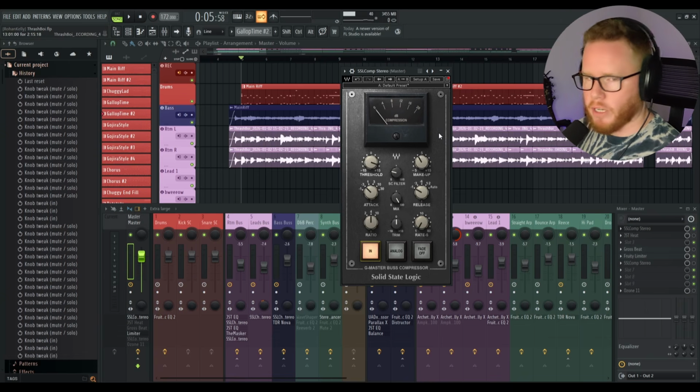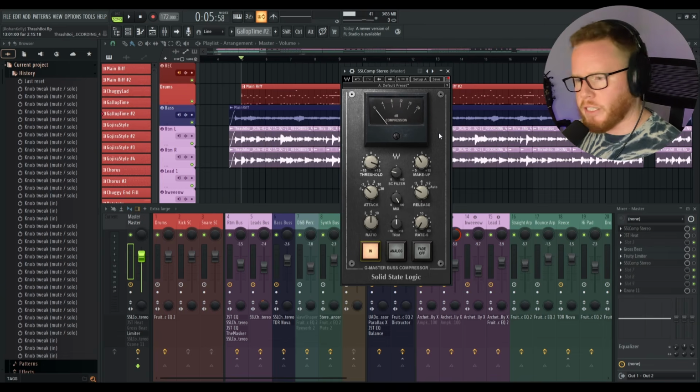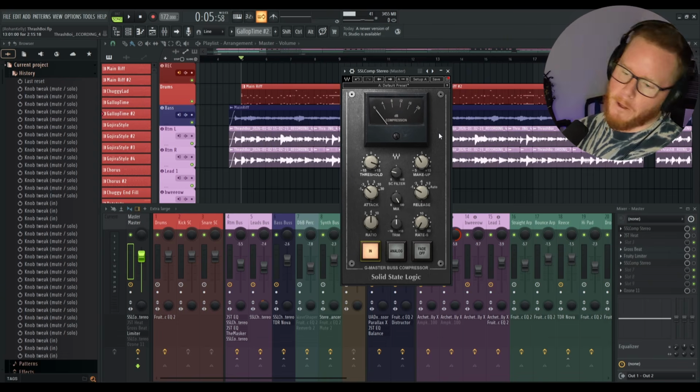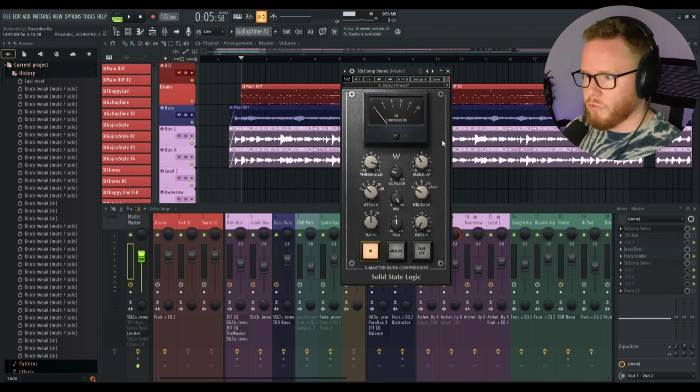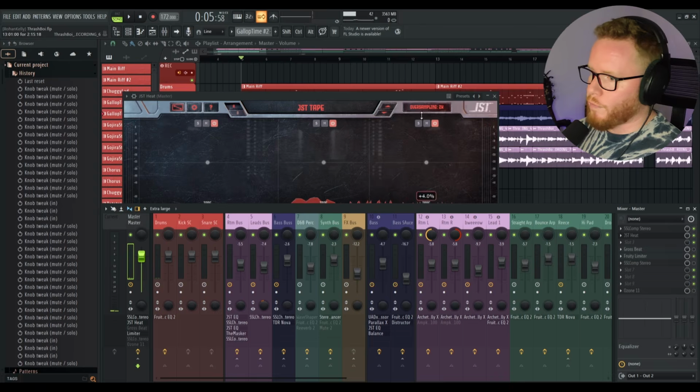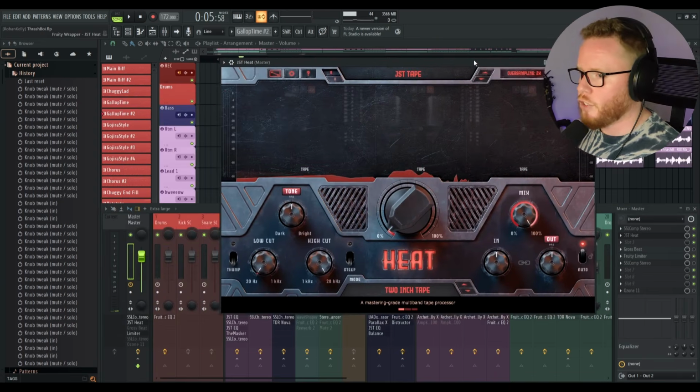As I've said in the other video, that kind of felt like a cheat code when I learned that. Just such an easy way to get snares sitting in a mix and on top of a mix, particularly if it's a really dense mix. You basically just make it so your snare's really popping and cutting through. Drop this on and it smooths it out. Instantly brings it all together. Really, really love that. Next up, we've got an instance of one of my favorite plugins, which is JST Heat